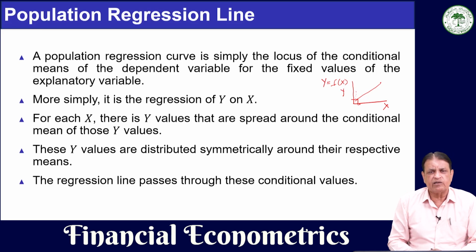So we find the probability of each of these dependent values, and this probability is multiplied by the values of the dependent variable, and when we do that, we find the expected value of the dependent variable associated with the given value of the independent variable, and that expected value is